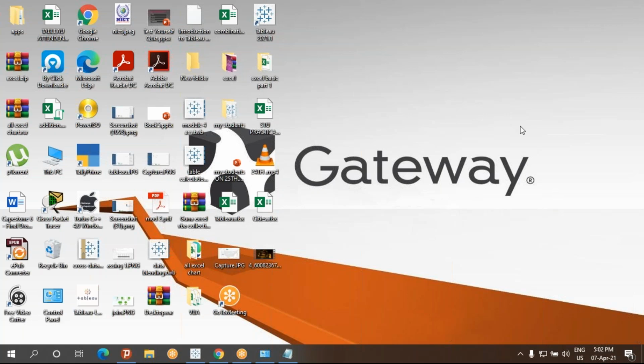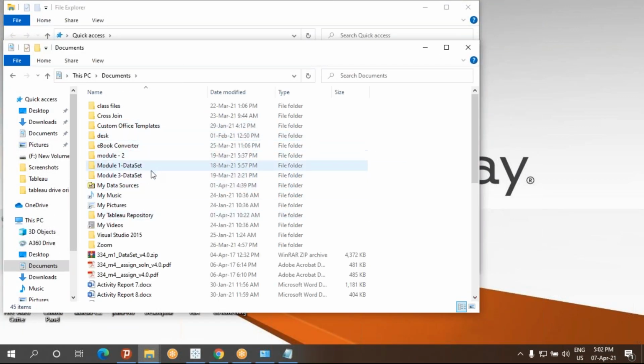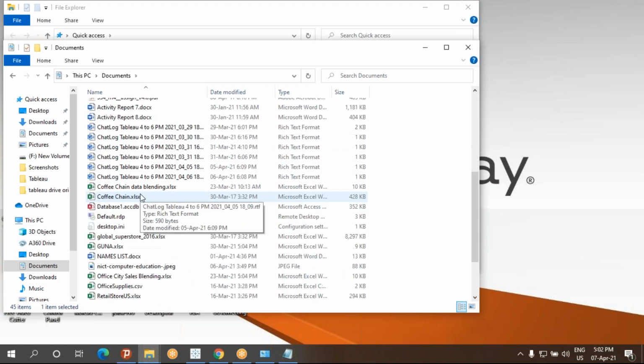Yes, sir. Files and videos are also not a problem, because you have your work files that you sent in that mail. You can open those also. Make sure that you're keeping your files very safe, the data we are using. I hope everyone has all the data. Once again, I'll scroll through it so you can check that you have all of this data: cross file, cross join, module 1 dataset, module 2 dataset, module 3 dataset.